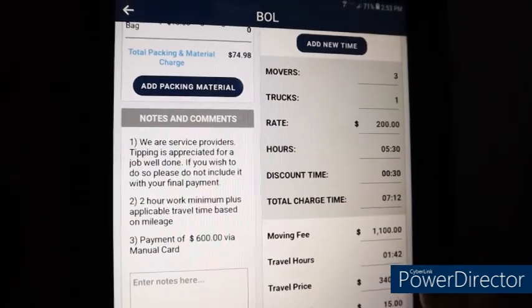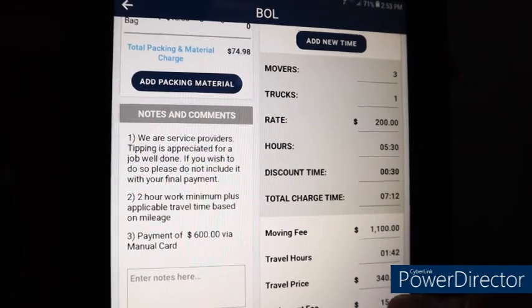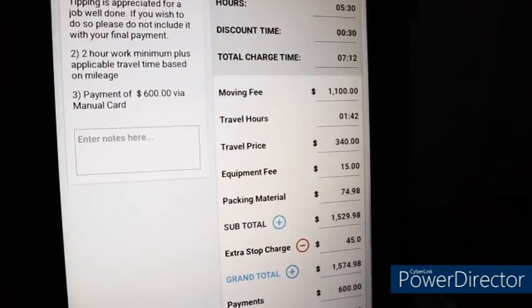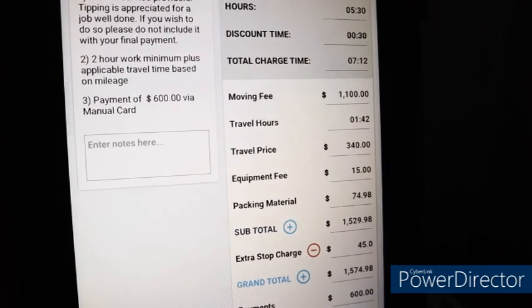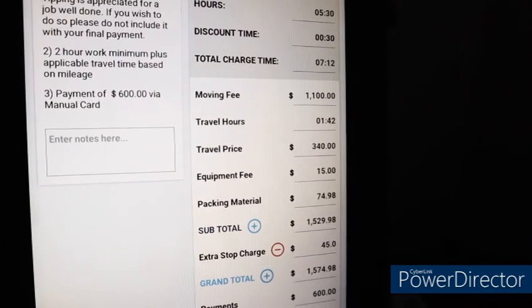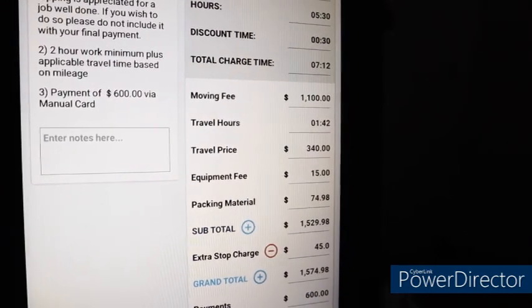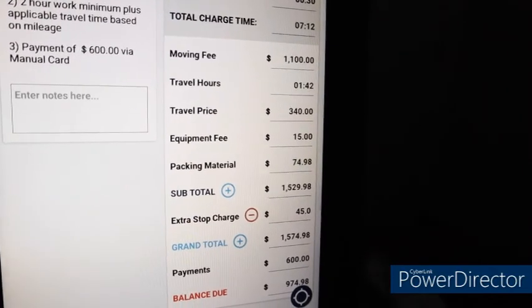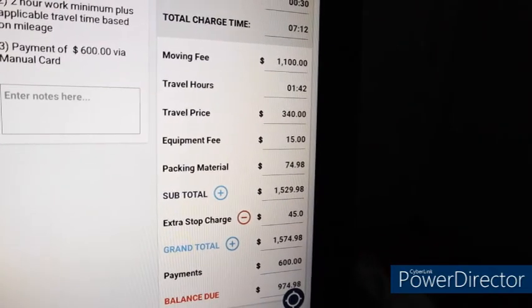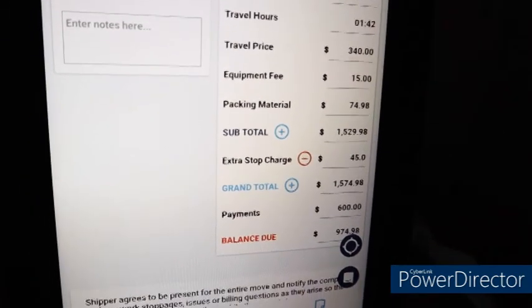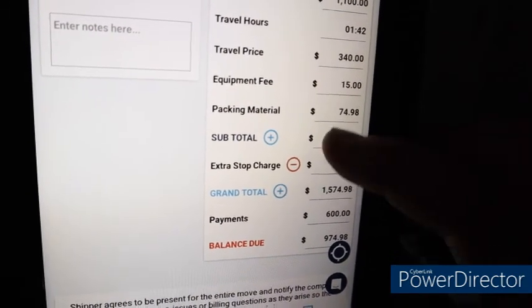That cost $1,100. The travel fee was $340, plus the $15 equipment fee, the $74.98 in packing materials, which was your 2 bags and the 2 TV boxes, for a total move cost of $1,529.98. Plus the extra stop charge brings the grand total to $1,574.98. And you've made one payment of $600, leaving a balance due of